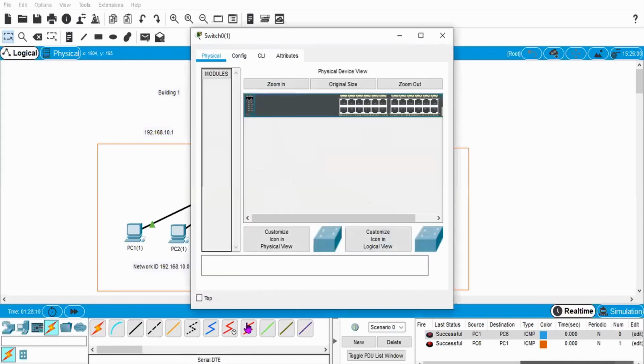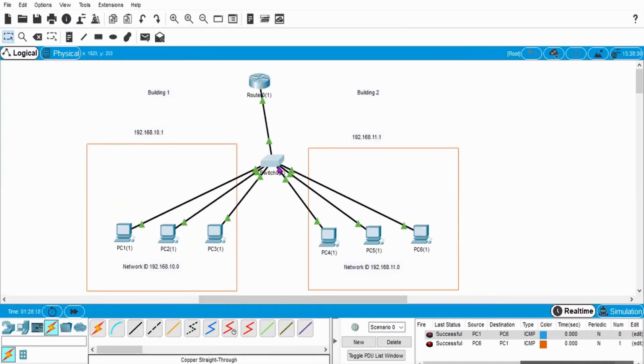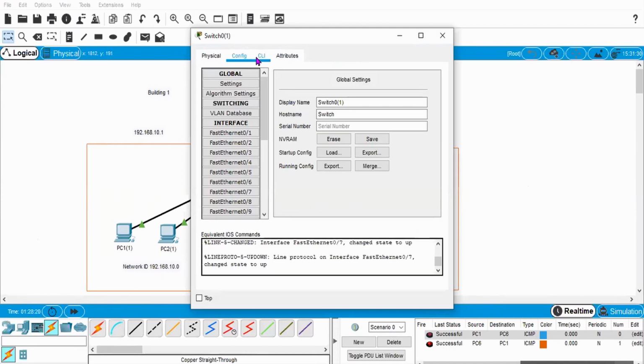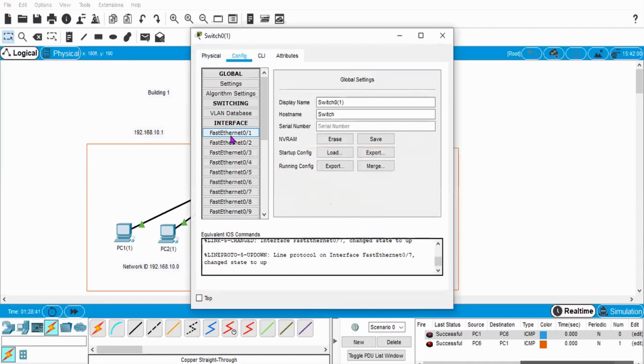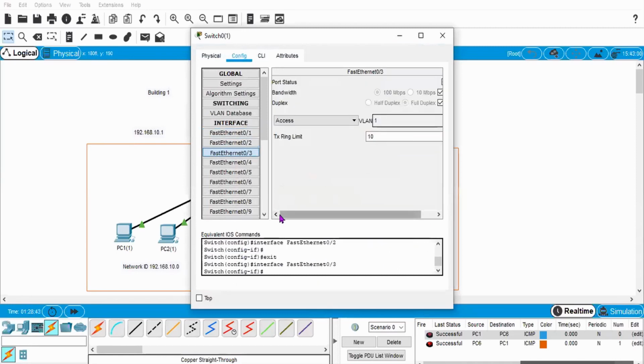Okay, so now what I need to do, first I need to create two virtual LANs. So basically without the command window I am creating that virtual LAN. So this port is FastEthernet 1, this is 2, and this one is 3, this is 5, 6, and 7. Okay, so 1, 2, and 3 need to be in one LAN.